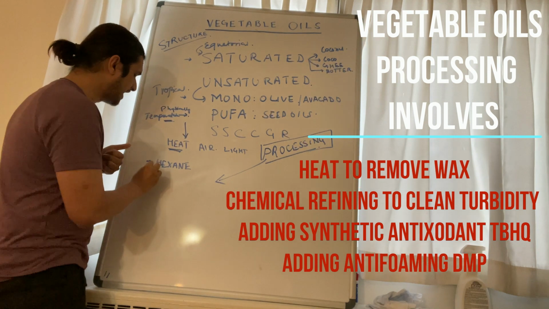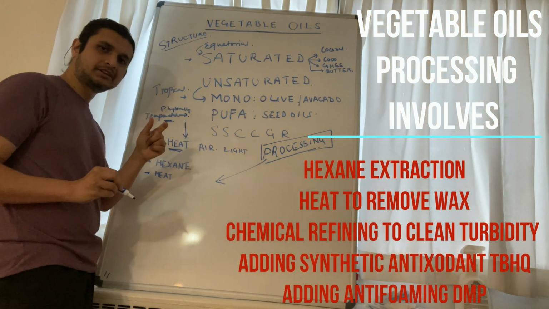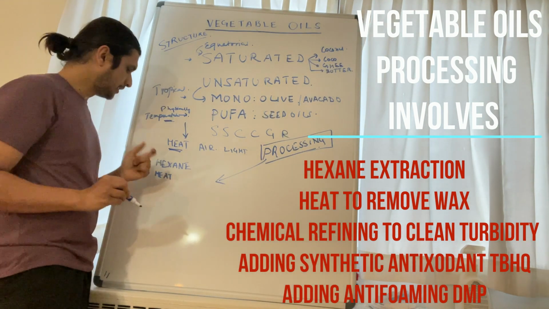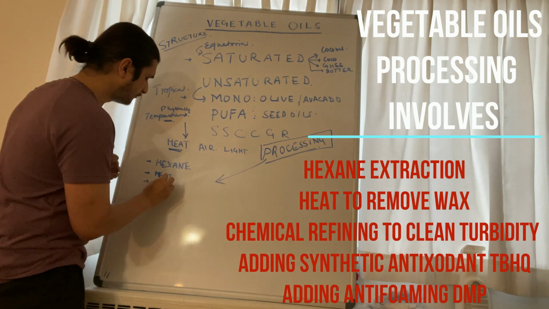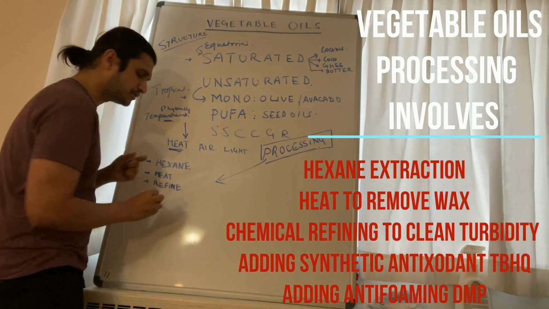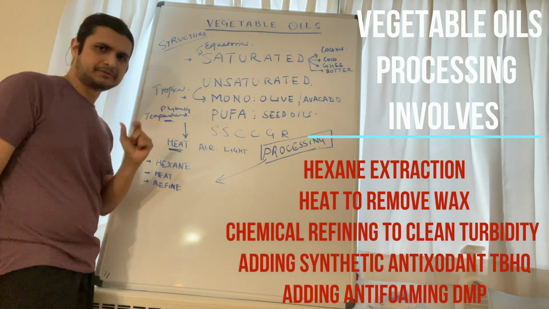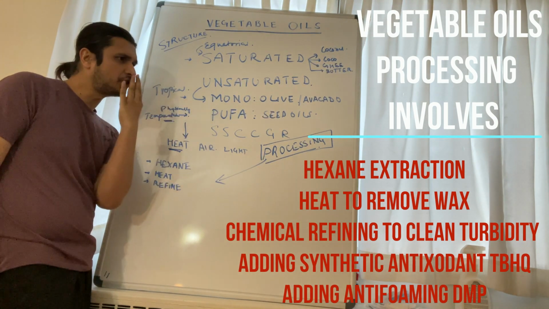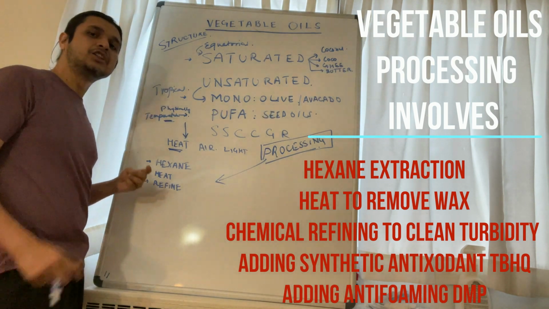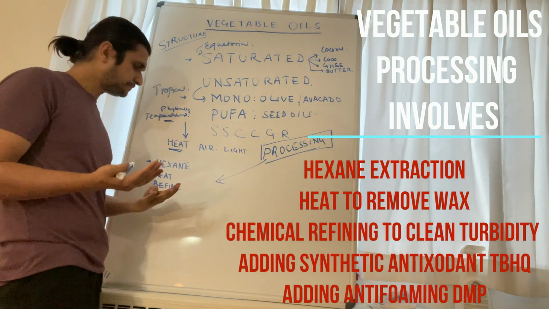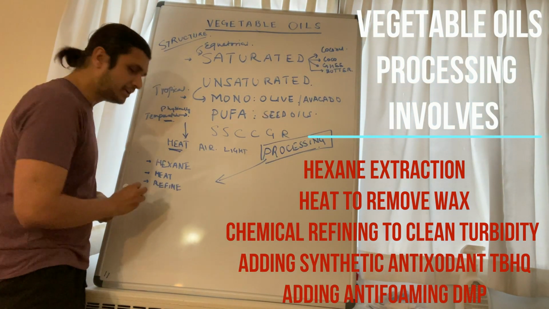Second, you have to heat it, so that you can get rid of the wax that is surrounding the oil. Now, third, you have to refine it. Refining, of course, involves a lot of chemicals, because naturally, if you get the oil, like avocado oil, it is a little turbid. It is not crystal clear that you can transparently see through it. But we have double refined, triple refined. The more you refine, the more damage you cause. So refining is also there. Then they will try to,